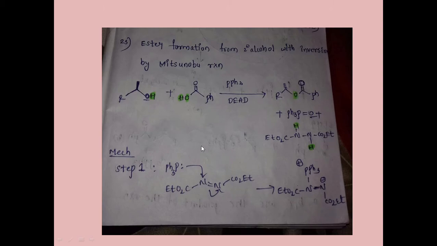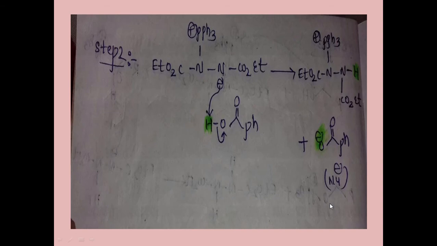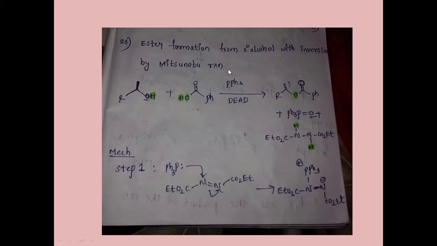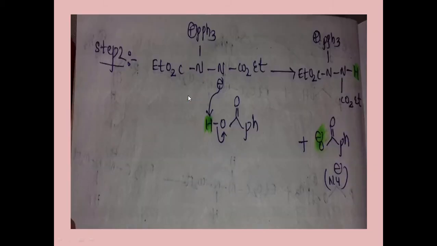Okay, now let's see the mechanism. The first step is the same. This phosphine will attack here and the bond will get shifted. You can see conjugation also, this can shift here and the double bond oxygen will shift there, nitrogen shifts in there. Now we have this, we will take the second reagent, and then this negative charge will abstract a proton and we will get a nucleophile. This is the nucleophile of ours.